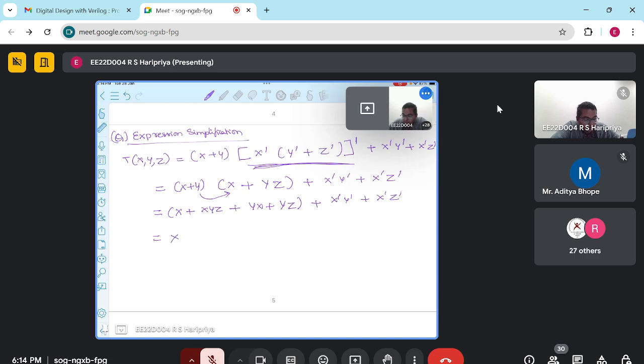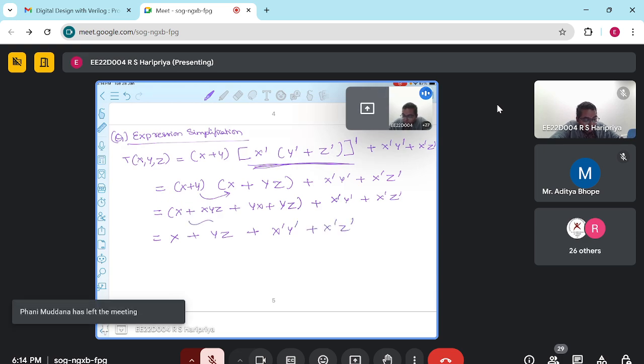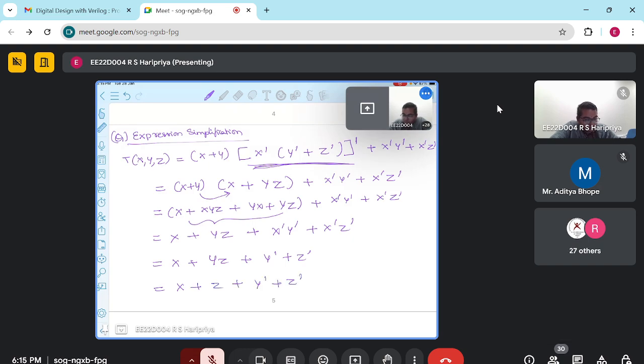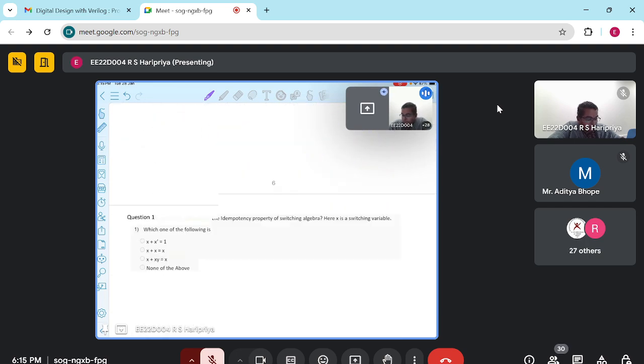And now x plus yz plus, simplifying in this portion again, this gives 1, is equal to x plus